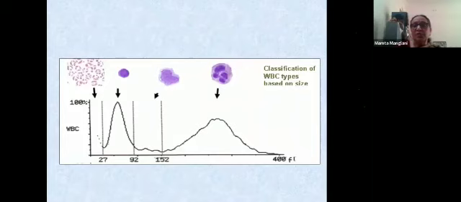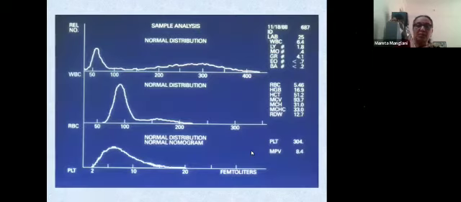This is a classification on the histogram of the various white cells. As you can see here, you have debris and platelet clumps. Here you have the lymphocytes. It's based on the size, so lower size cells come here. Then you have the monocytes mainly, and then you have the granulocytes. So all the basophils will come probably here, the neutrophils here, and eosinophils over here, because eosinophils are the largest.